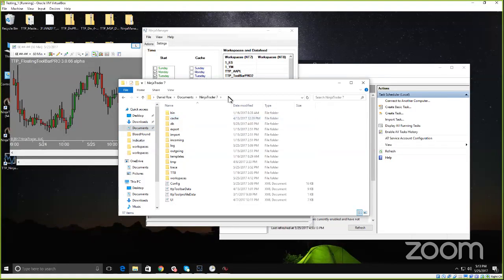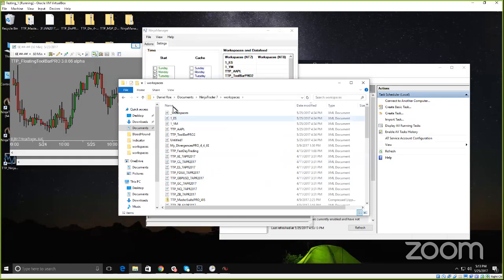Okay, so when you close down Ninja, unless you close down all of your workspaces one by one, if you close Ninja and say yes to all, you save yes to all, and it closes all the workspaces, when you reopen Ninja, it's going to open up all of those workspaces that you last had open. If you wanted to open up just one blank workspace, the untitled number 1,